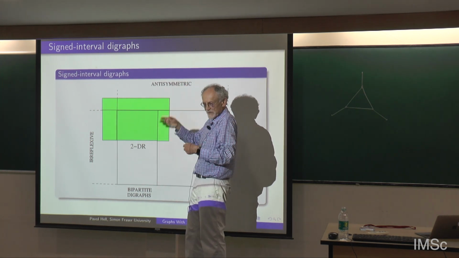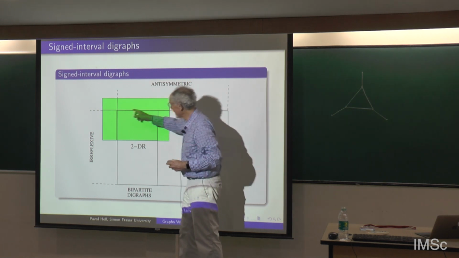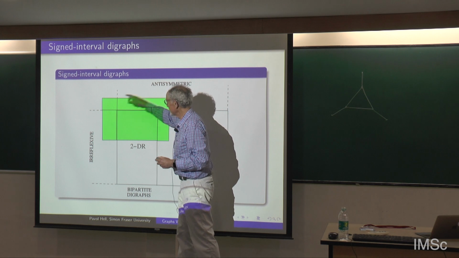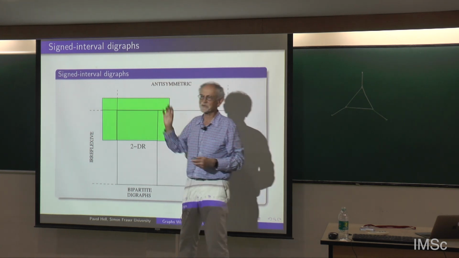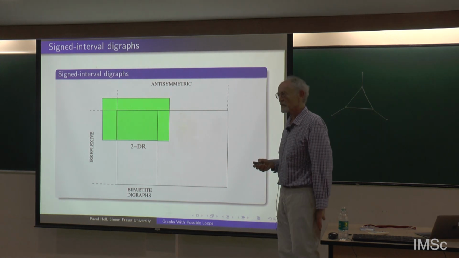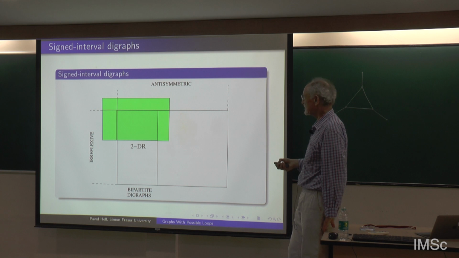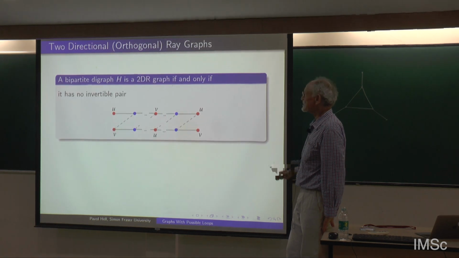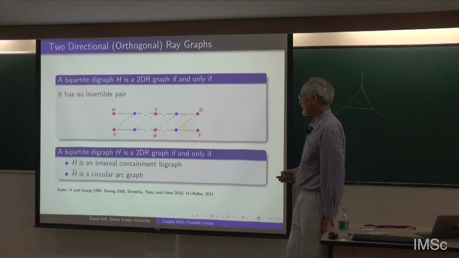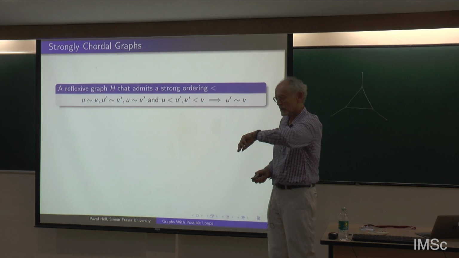Those are bipartite graphs with all edges being directed from one part to the other. In that region, my green garden intersects it in the two-dimensional ray graphs exactly. So those are precisely where two-dimensional, and in this way they are then the analogs of interval graphs. There is also an invertible pair characterization, and I will skip these because I want to tell you